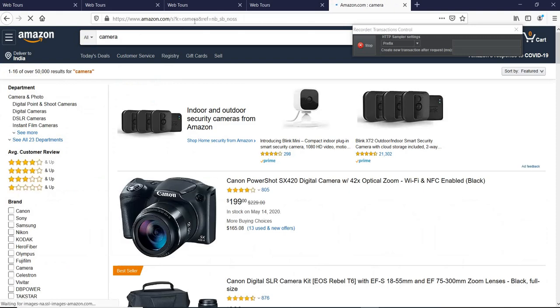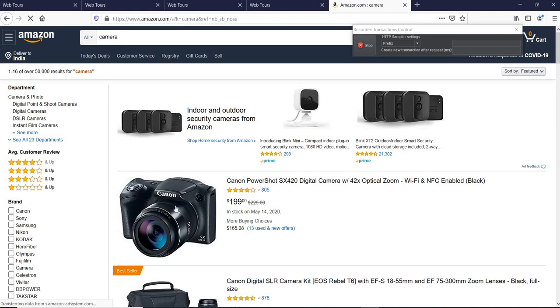So now what we have done is we went to amazon.com, we searched for camera and we hit enter. We see that this is the first product which came in, but as this is an online shopping cart, they keep on changing their data, and you have a test scenario which says that you need to go to Amazon, go to the search button, enter camera, hit enter, and pick up the first product. So how will you know what the first product is? How will you make sure you are adding the first product? How will you verify in the subsequent request that you are picking up the right product?